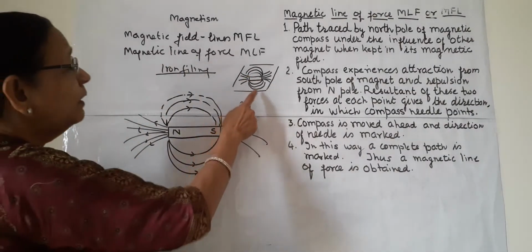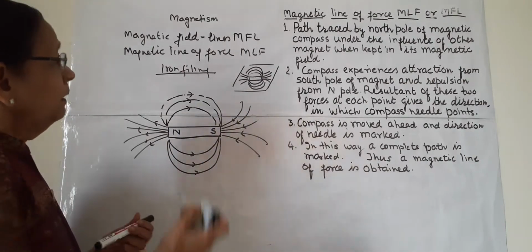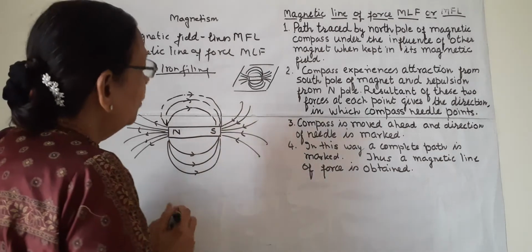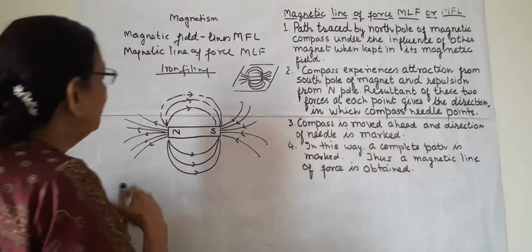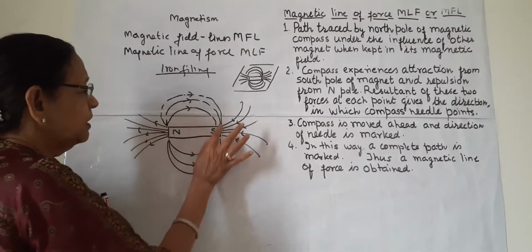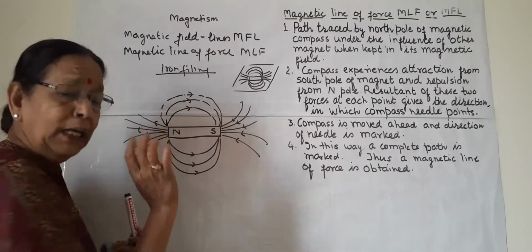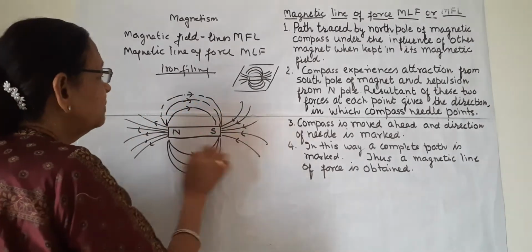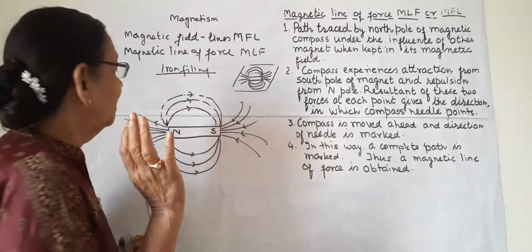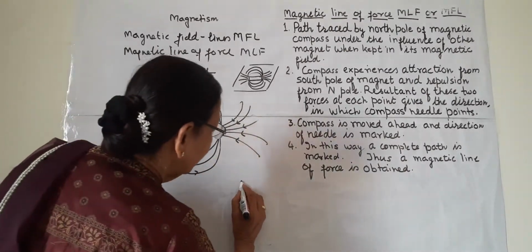So this is one way we can form these magnetic lines. There is one more way. We put this bar magnet on a cardboard. Suppose this is the bar magnet. I put it on the cardboard and I draw a line around this bar magnet with a pencil. So then what I will do, I am drawing it again here.